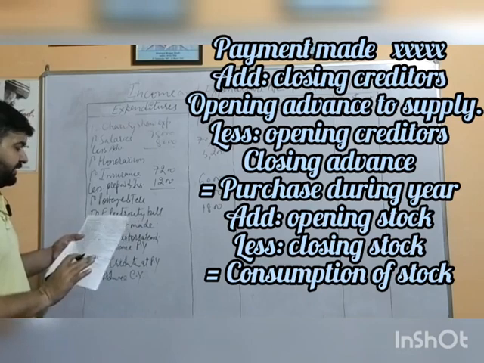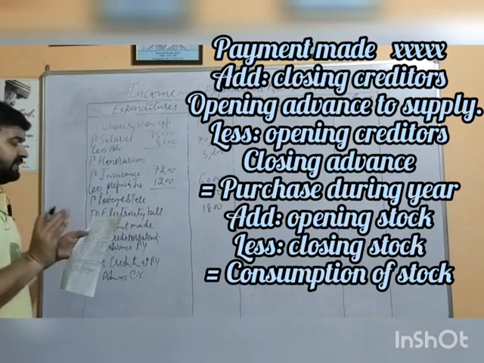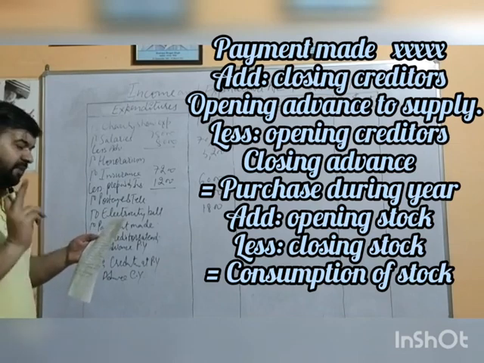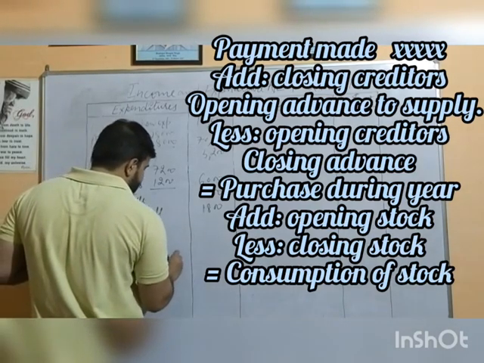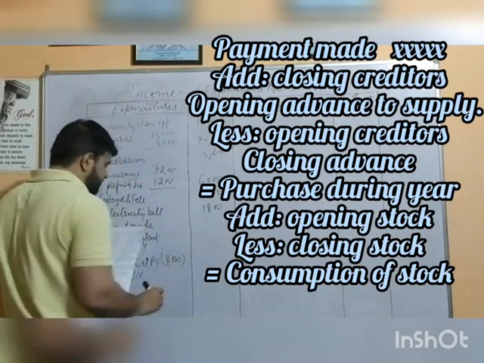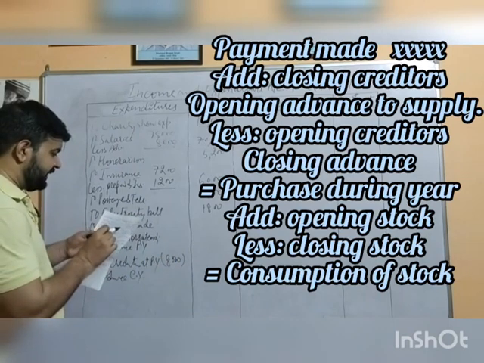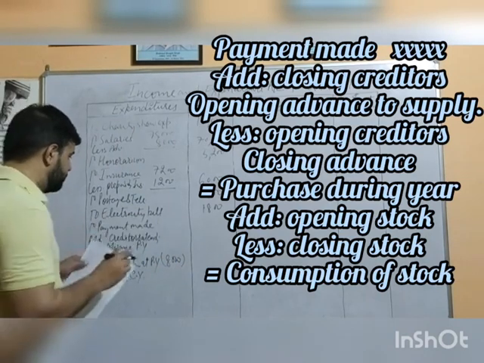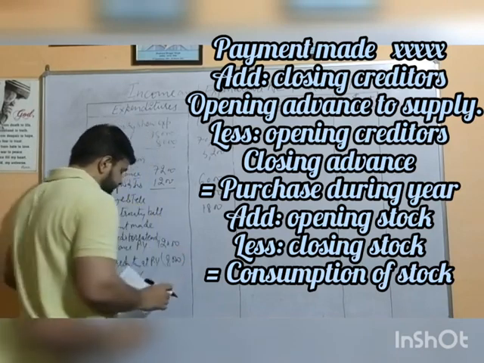Here we are to read this numerical. In the opening balance sheet, we are having creditors of sports material rupees 8,000. They are previous year creditors, so should be subtracted. We are to subtract 8,000 because they are previous year creditors. Then advance of previous year. It is given here, advance paid to supplier rupees 12,000. It is to be added because it is related to current year.